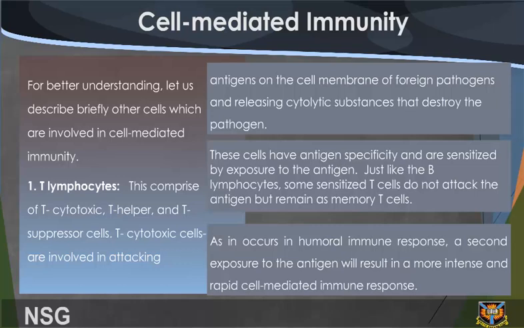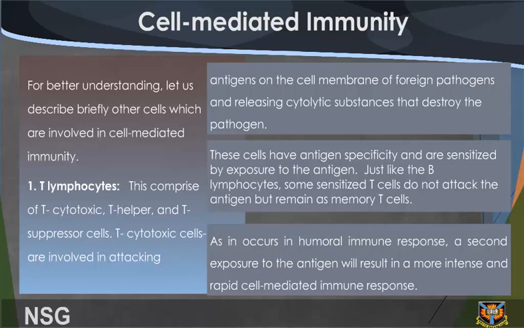These cells have antigen specificity and are sensitized by exposure to the antigen. Just like the B lymphocytes, some sensitized T cells do not attack the antigen but remain as memory T cells. As occurs in humoral immune response, a second exposure to the antigen will result in a more intense and